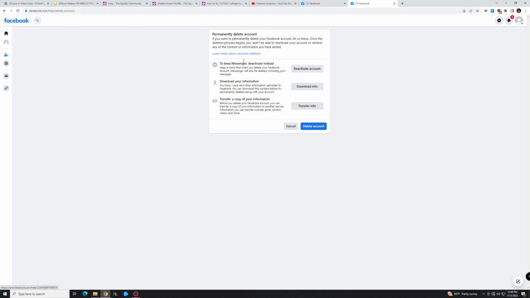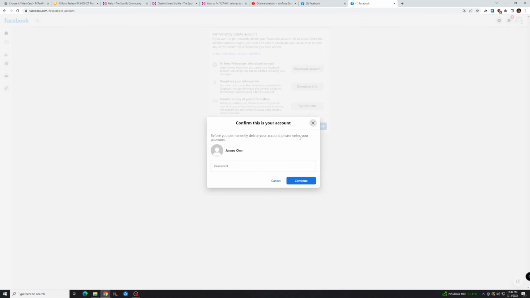Now, here you're going to get these options. You can download your information, you can transfer your info, and you can deactivate your Messenger. You can deactivate your account instead if you want to keep Messenger. That's another option, but again, we want to delete, so we're going to ignore this, and we're just going to hit delete account. Make sure you're deleting